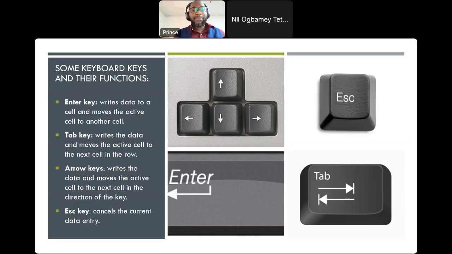And I believe we all know that Excel is also very good at formulas. So if you are going to work with formulas, then you have to work with operators. So you have the plus sign you use for your addition, the minus, your hyphen for your subtraction, the slash for your division, asterisk for multiplication, the percentage sign for your percentage. You have your ampersand for adding text together. So you use the plus to add numbers, then ampersand to add text together, the exponential to raise to the